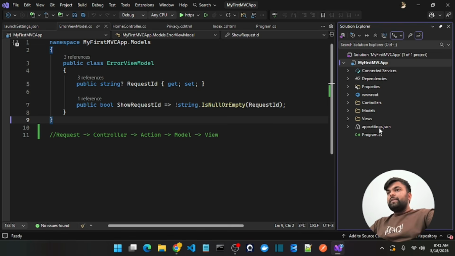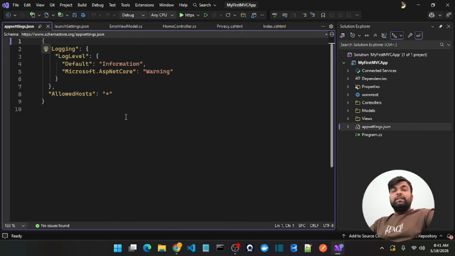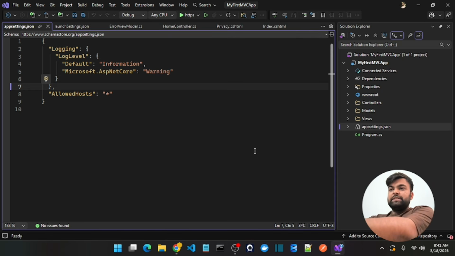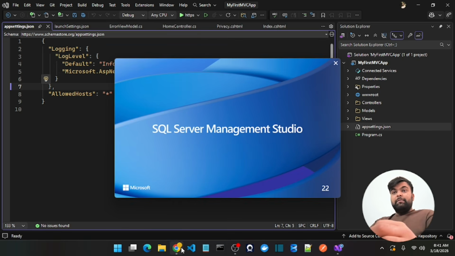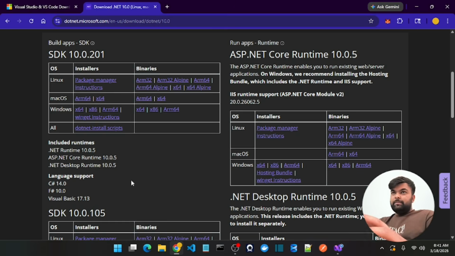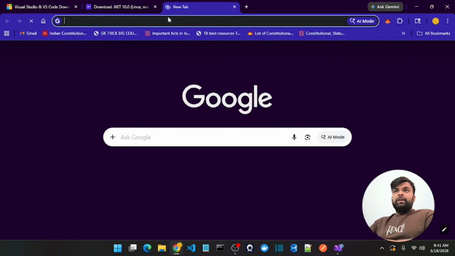Now it's time to add the connection string, because without the connection string we won't be able to work with the application. It is required in your application. So we have to install SQL Server Management Studio 2022. I have already done this on my PC, but if you haven't installed it, go to your Google Chrome and